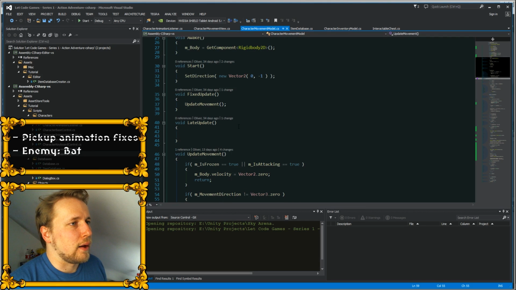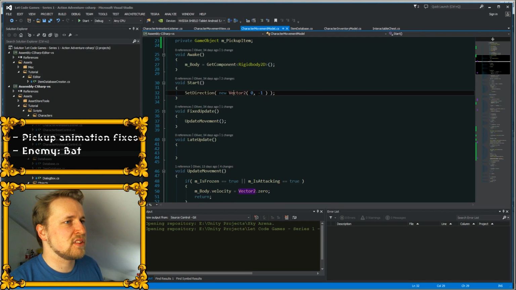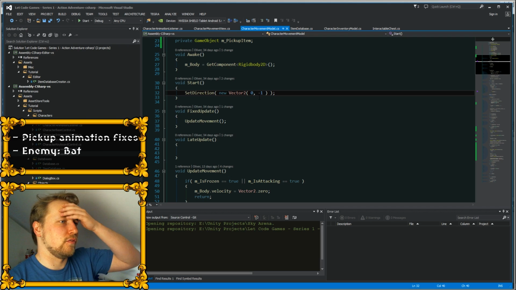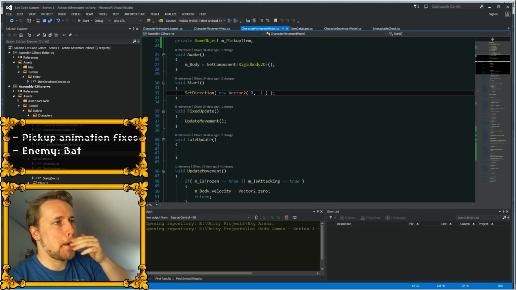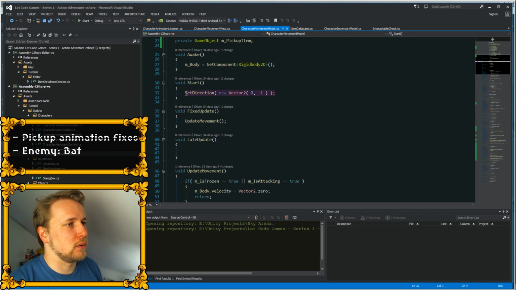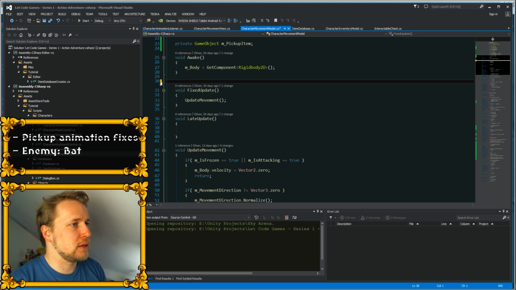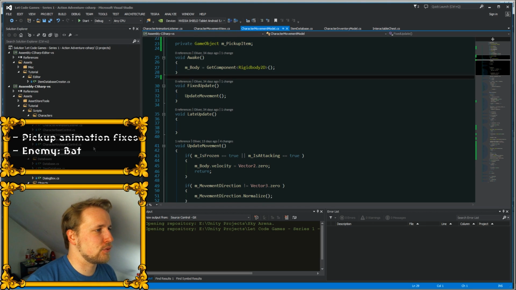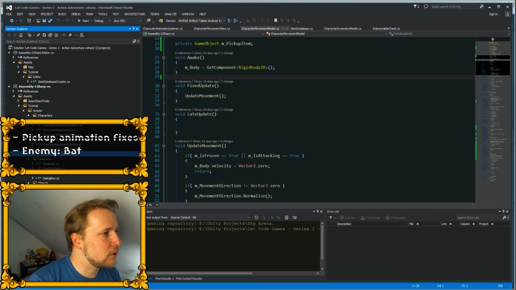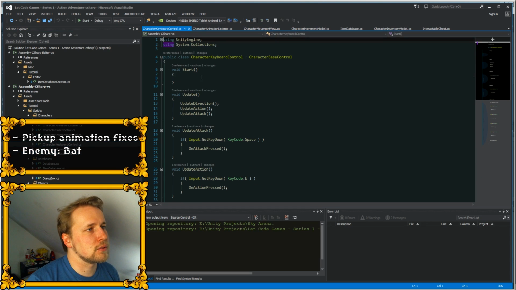So let's see why. Because we're setting the direction to a value at the start here, which is not what I want to do in the model. Actually, I did that because I wanted to have this for our character, so when you press play it looks to the bottom. So let's make this to the